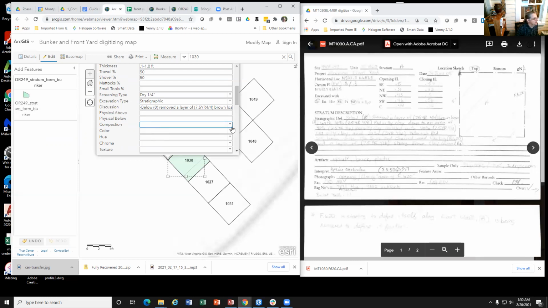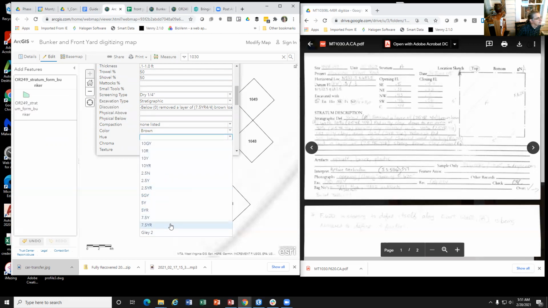So for compaction, usually this is going to be none listed. The color is, in this case, brown, what we typed in there. So brown. The hue is 7.5 YR, and then the chroma is 4/4.